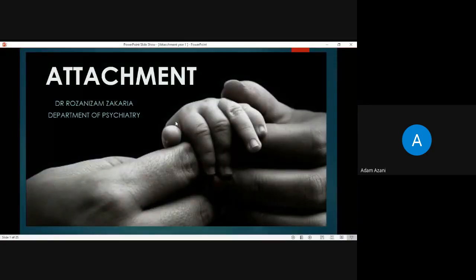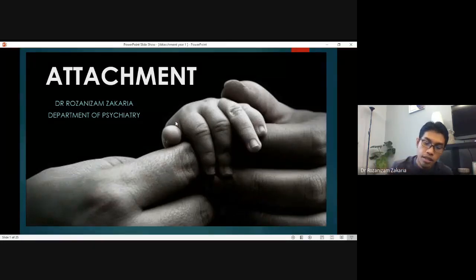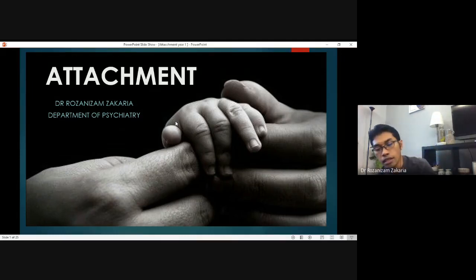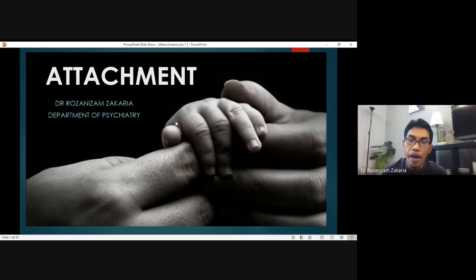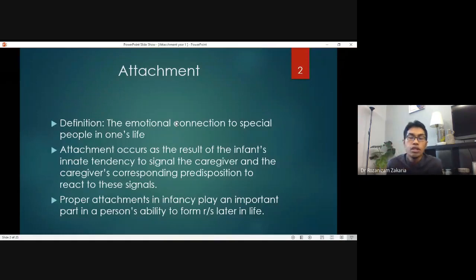So attachment is an extension of the parenting styles, but it is not specifically limited to parent and child relationships. Okay, so let's have a look. Attachment is basically the emotional connection that you have with special people in your life. So for a child, for example, if a child is attached to the mother, basically the child is emotionally connected